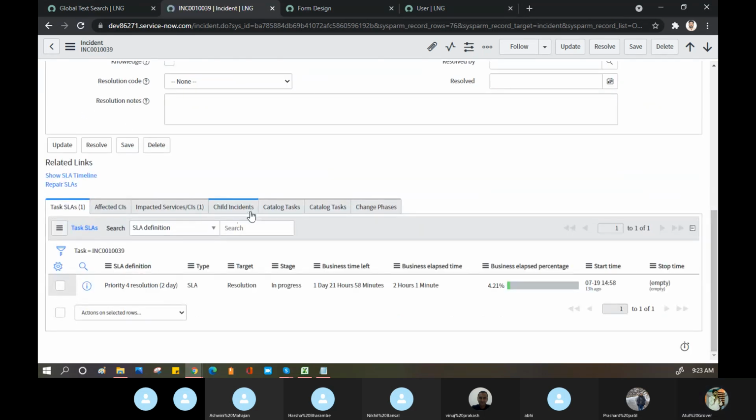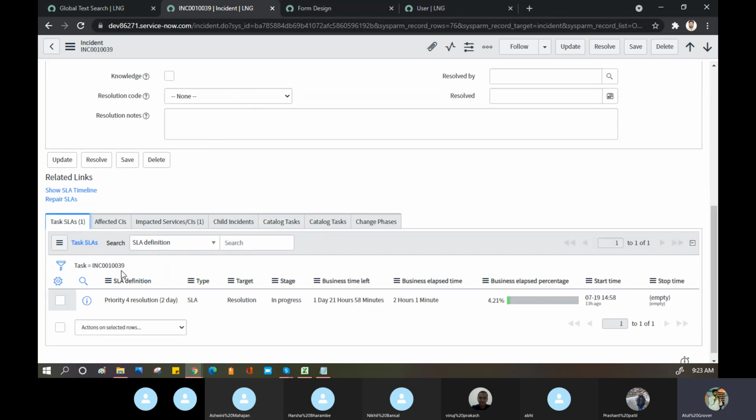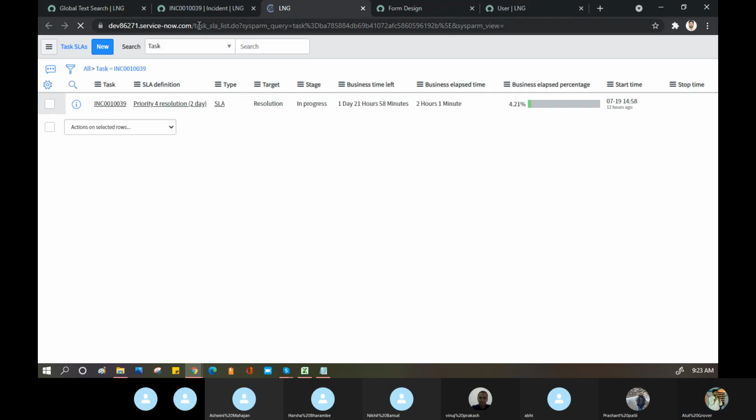See. The information which is showing here is not stored in the incident table. Those are stored in a separate table. If you open this task SLA1, let me open it. See the table name.